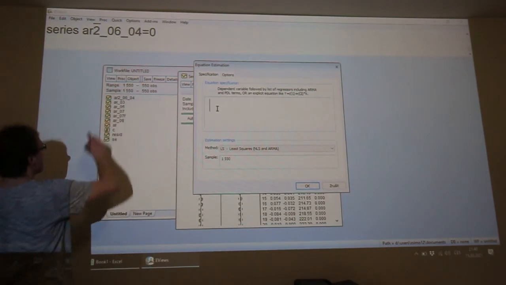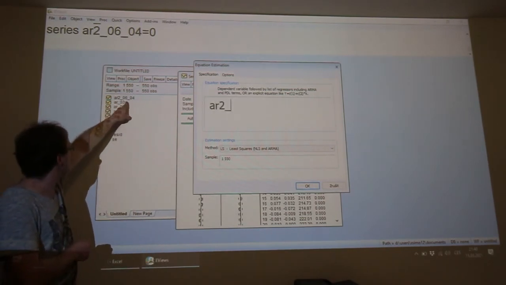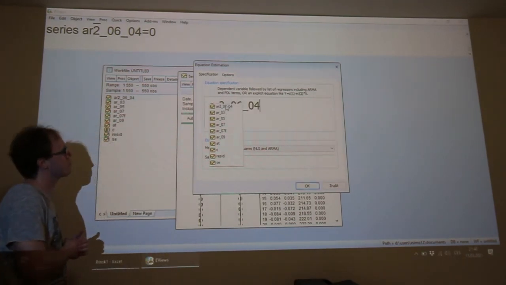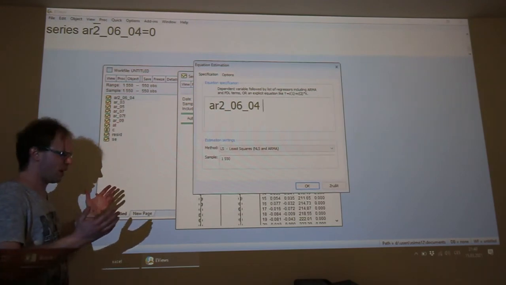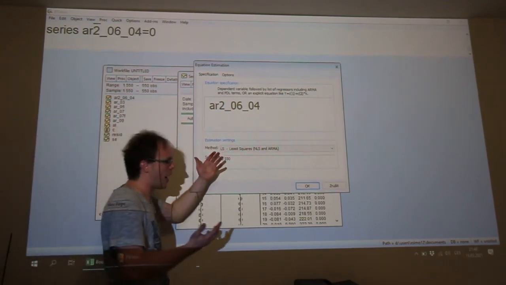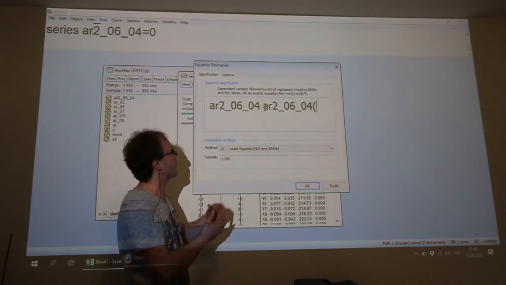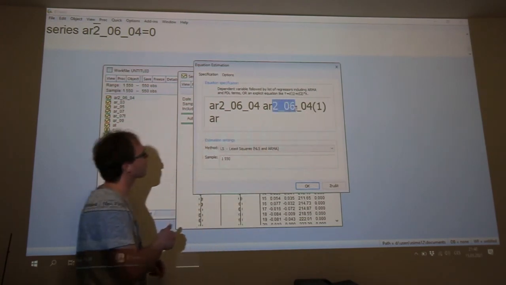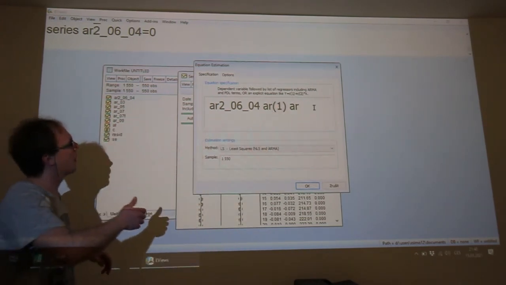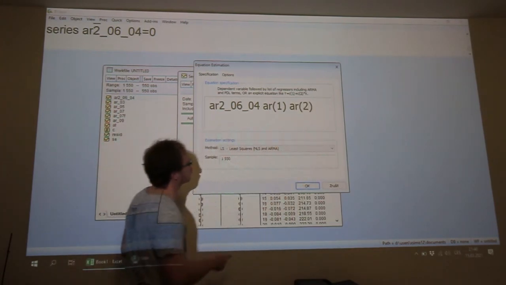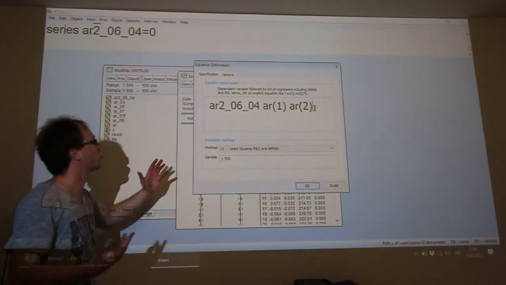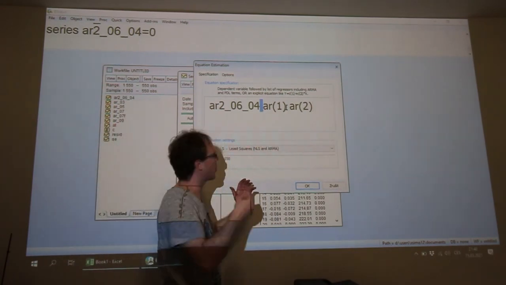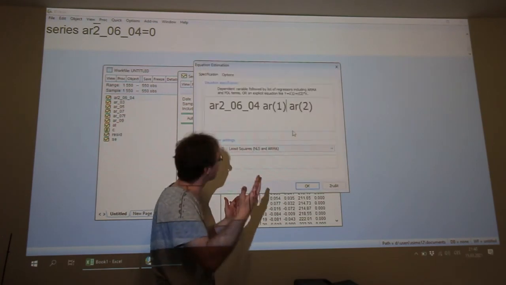So our dependent variable is AR20604, this first one, space, and we will write here AR in parenthesis 1, and after that AR in parenthesis 2. So AR(1), AR(2). This is the formula for an autoregressive process of the second order.